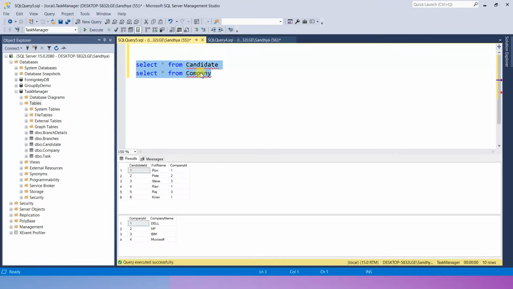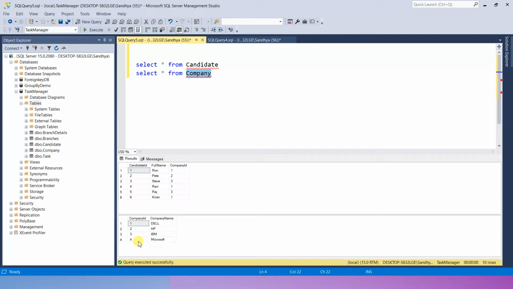You can see I have some IntelliSense issue, so please ignore this red mark as of now. Here you can see the candidate table has 6 records, and the company table has 4 records, 1, 2, 3, 4. Now we will see how a cross join works between two tables.